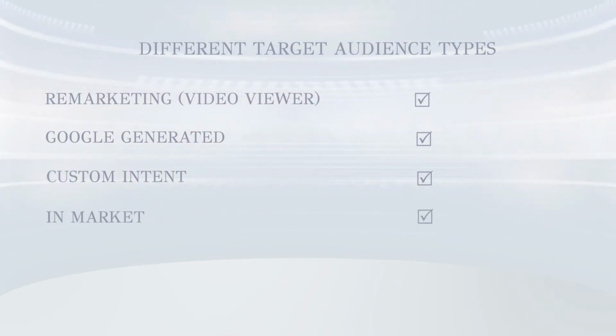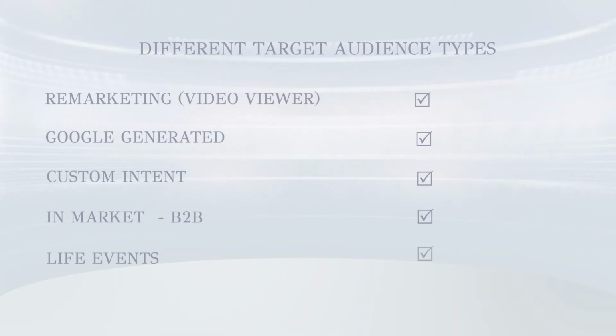Then we also have some slightly broader audience types as well, such as in market, so people that are actively searching for a certain product. We have a wide range of these different areas, ranging from people that are actively searching for buying plants or people searching for art supplies. And we also have some ones specifically for B2B audience as well. So people that are searching for business and productivity software, people that are searching for tax or business tools. That's the in-market audience.